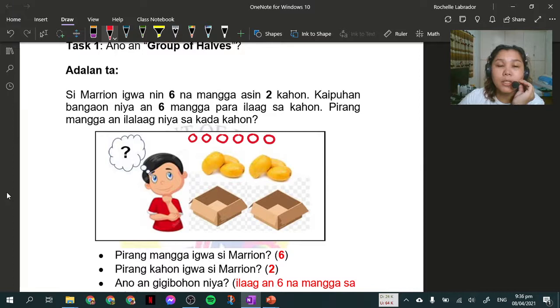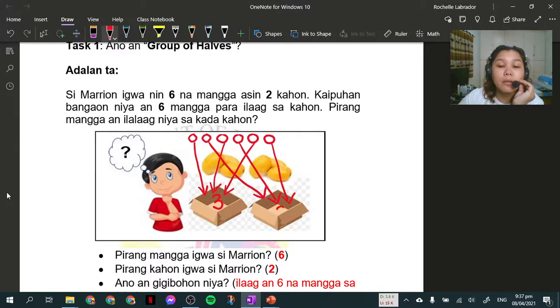So the 6 circles represent the 6 mangoes. So what I have to do, paano to mahati ng isa? So distribution, ano po? One will be here, the other one will be here. So para pantay, this one will be here, and then ito naman distribute dito, distribute naman dito, and the last object will be here. So if you're going to count them, 3 mangoes will be for the first box,